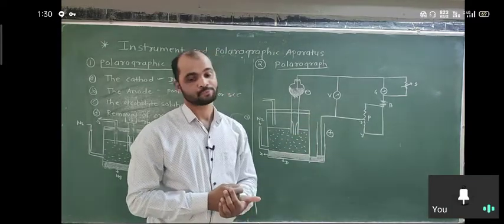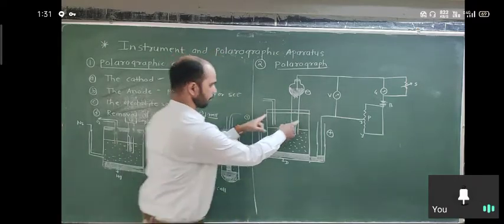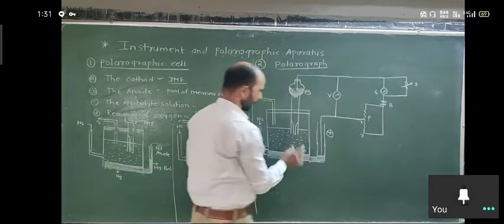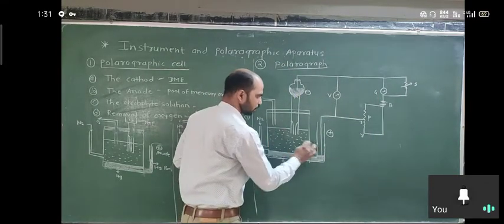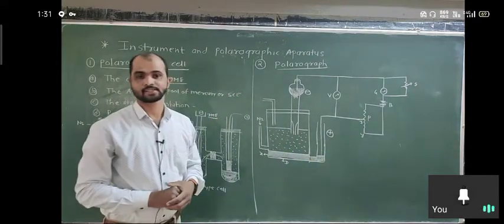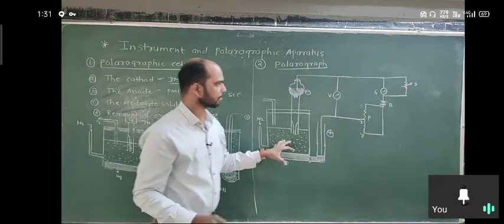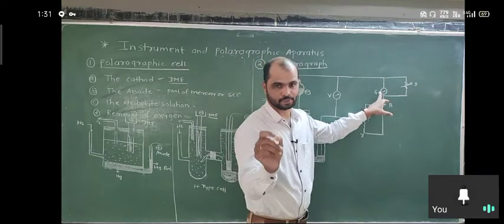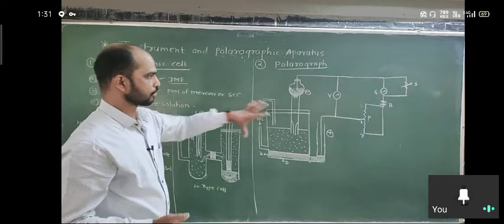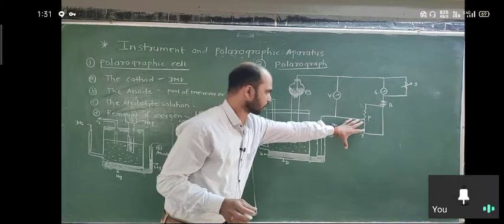What is a galvanometer? The galvanometer is used to measure how much current is passing through that cell. When potential is applied, how much current passes through the cell depends on the nature of the sample which is taken to be analyzed. जे सबस्टन्स आहे त्याच्यावर डिपेंड करतं की किती करंट पास होईल, आणि तो करंट पास झालेला कोण मेजर करणार आहे? गॅल्व्हॅनोमीटर. आपल्याला रिडिंग्स दिसणार आहेत. So we can see the readings. Okay, so using the galvanometer we measure it. The potentiometer is used to set how much potential is to be applied here.